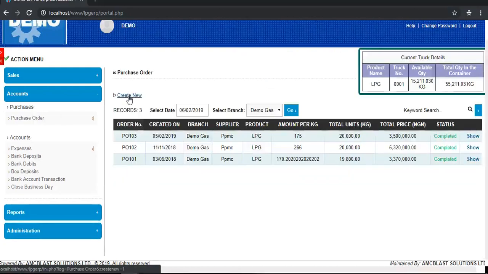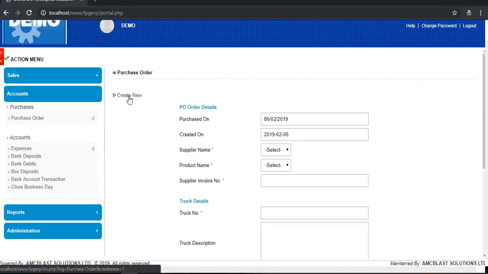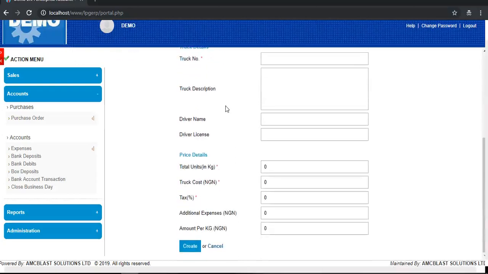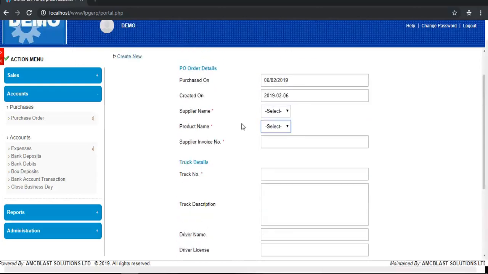You come to this place, create stock, you click on create new, purchase date, purchased on, the supplier name, the supplier product name, the supplier's invoice number. You go ahead, what's your truck number? Okay, let me just give you an example. Supplier name PPMC, product name LPG. Now this is 0004, for example. Description: this is the Ford truck